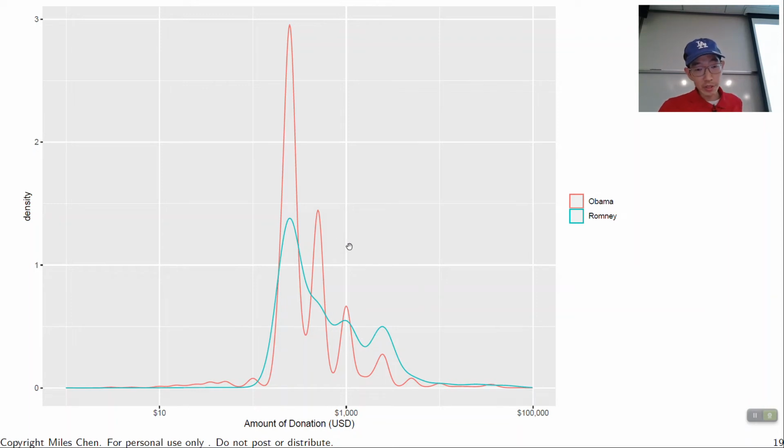And what do you see? Okay, so we see a few key peaks here. Halfway right here would be donations of around, so we go from 10 to 100 to 1,000. If I had another line, a tick mark here would be multiplying by a factor of 10 and multiplying by a factor of 10.